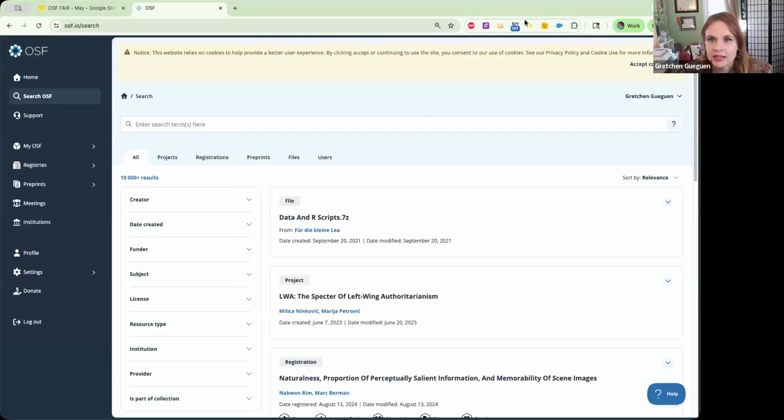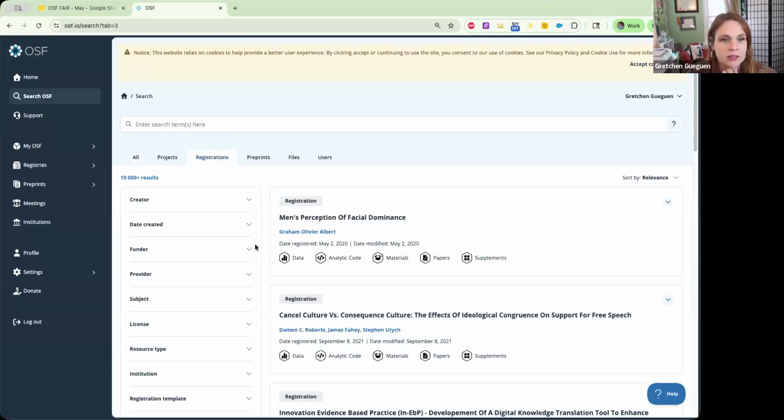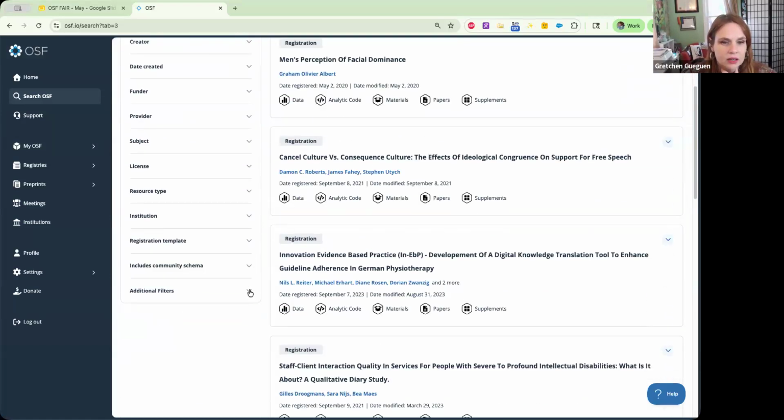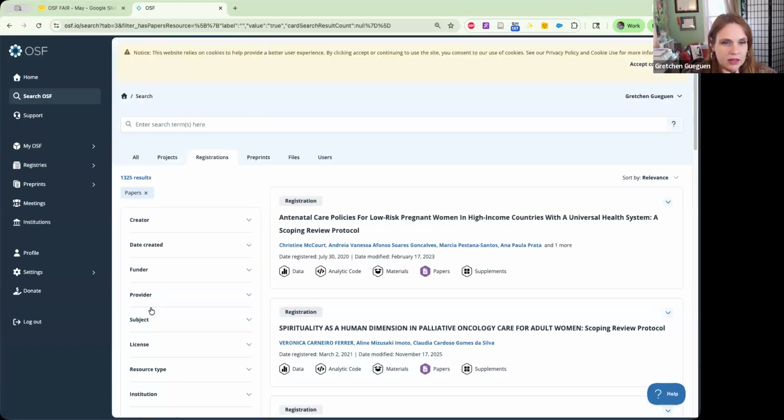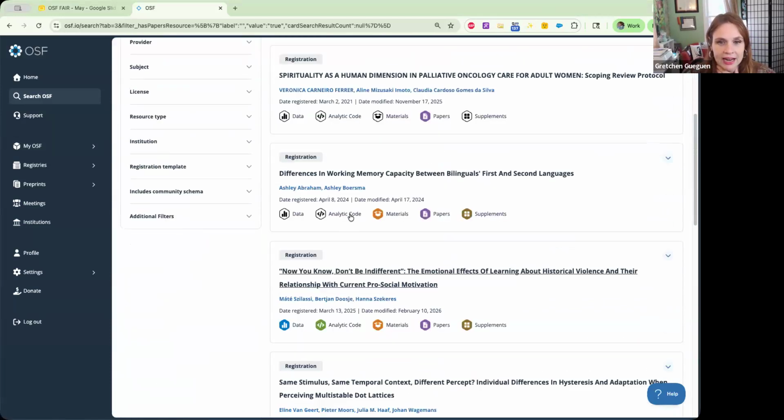So if you create a registration for your project, you create kind of like a hub for all of the parts of the project. So if I go down here, I can find examples of registrations for projects that have published papers.